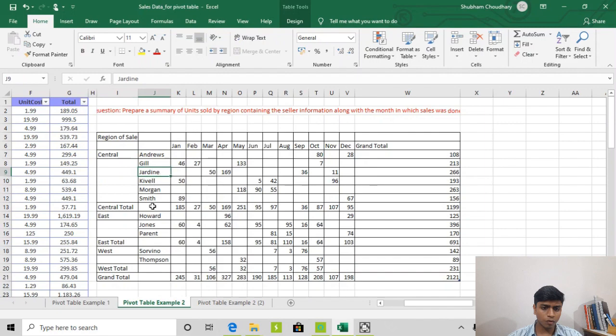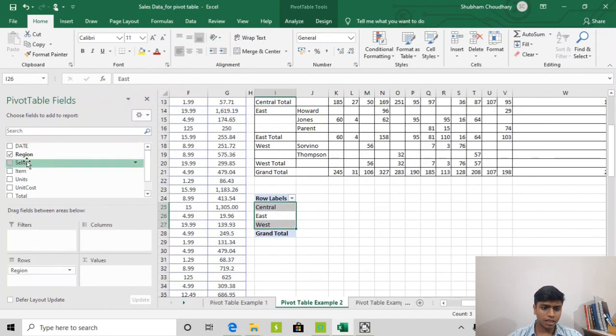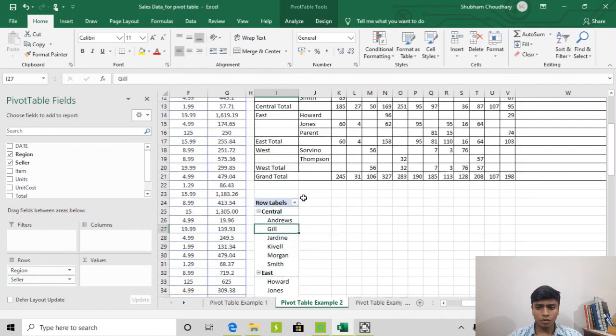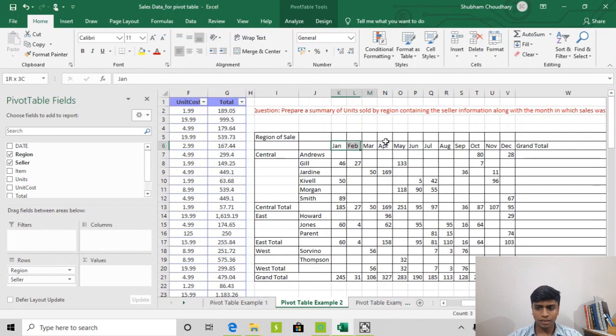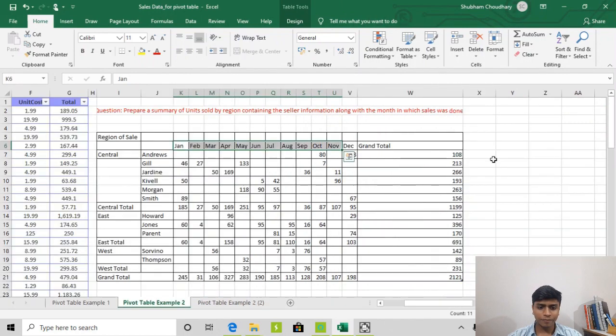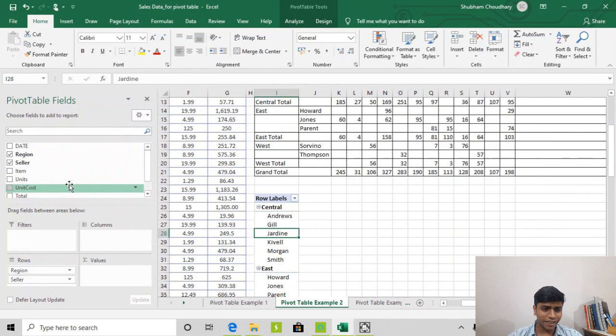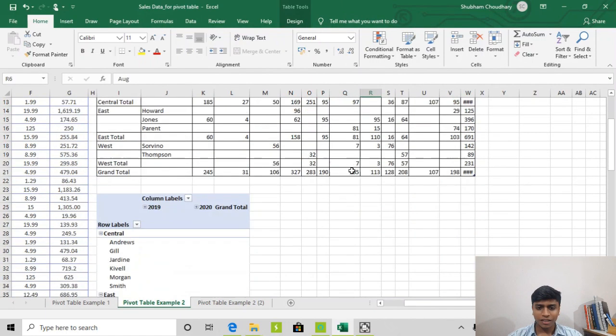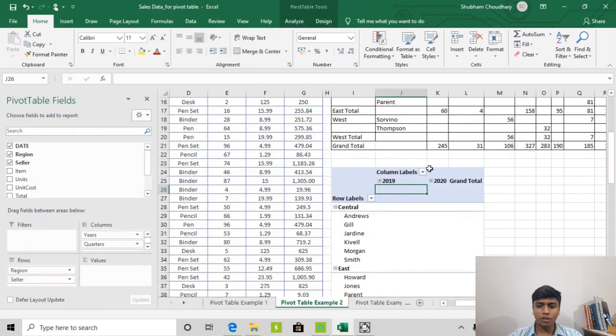So we will go to our pivot table again and put the seller name in the row like this. Now what we have to do is add the month. In our data we don't have month, we have date. So we will select date and put it into the column, as we want it in column like this. Now friends, as you can see, this has been converted into year rather than months. This is a bit tricky. That's why I used this example.